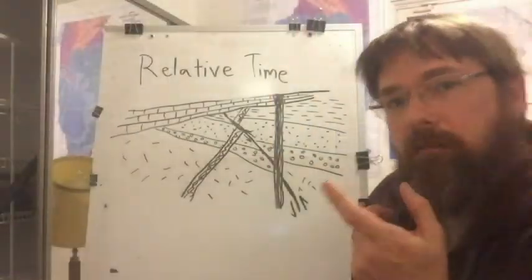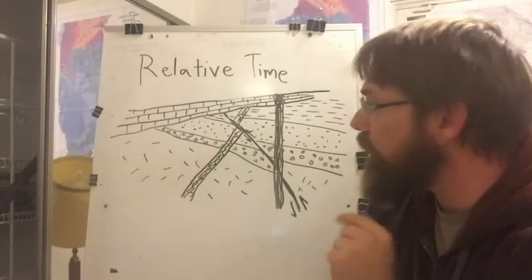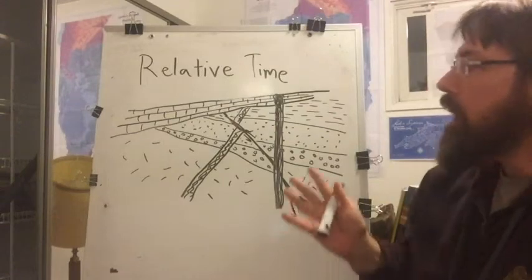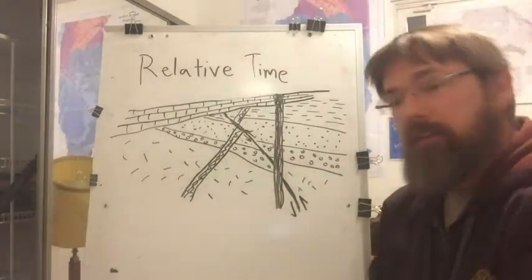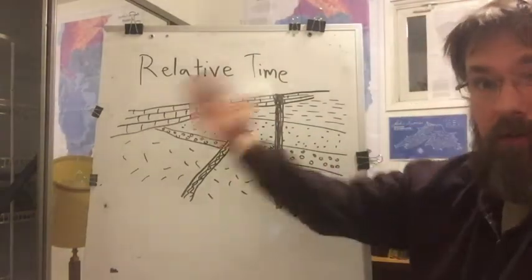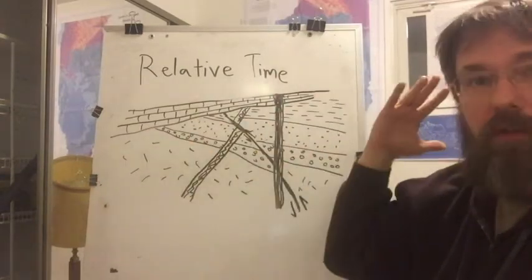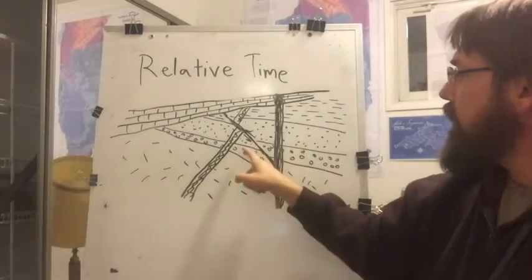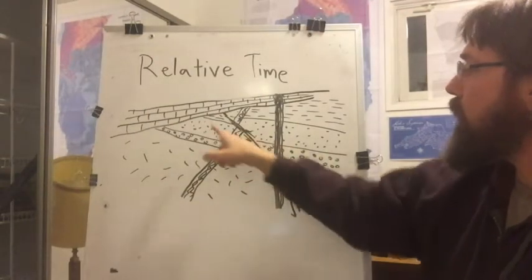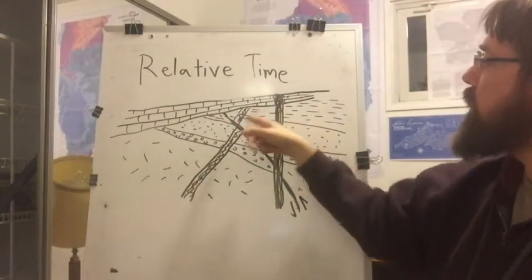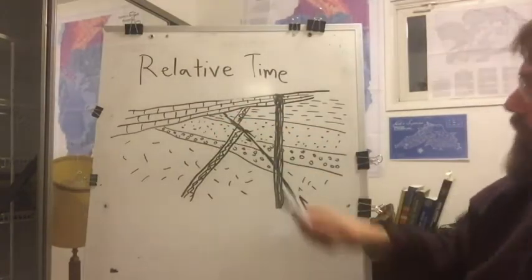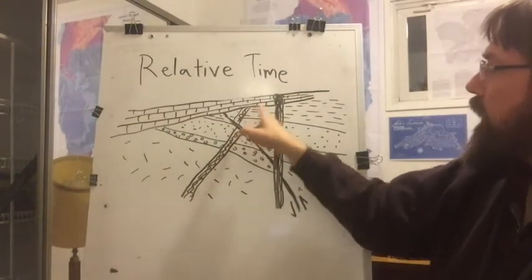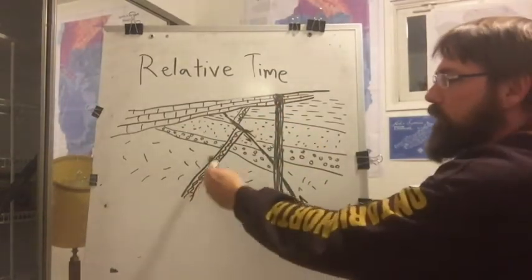Okay, now I'm going to talk about the principle of cross-cutting relationships, and I'm also going to use the same diagram to talk about unconformities, and that'll wrap up the introduction here into how we perceive things in a field. This will just be a generic cross-section I just made up. This is your granites. The little circly pebbly things are conglomerate, the dots are sandstone, the dashed lines are shale, the brick stuff is limestone, just as before, and these two things are igneous intrusions with the squiggly line and